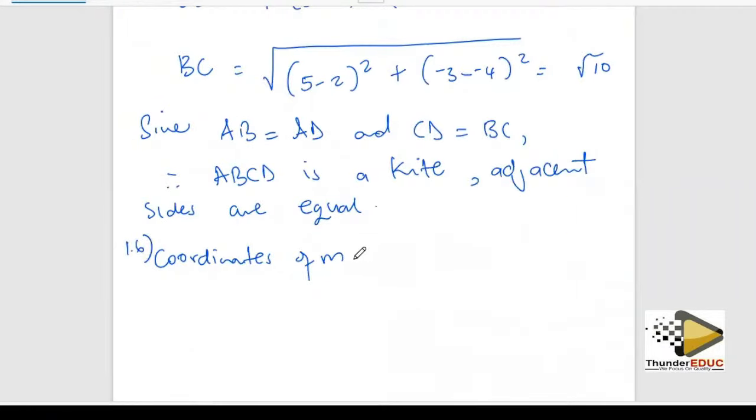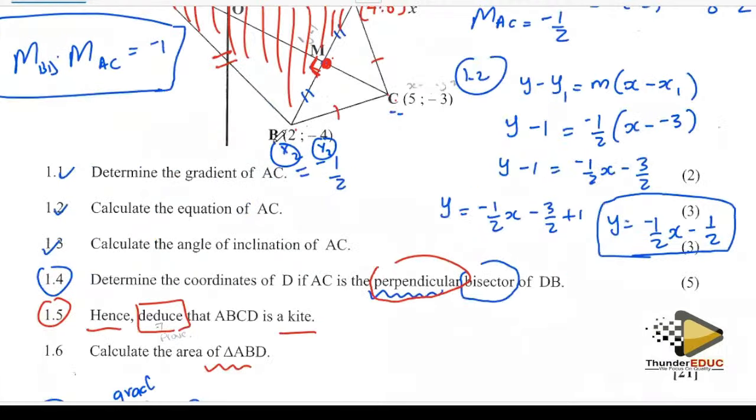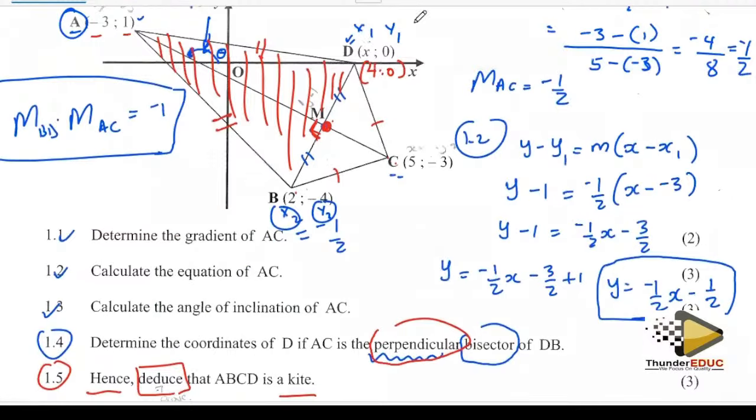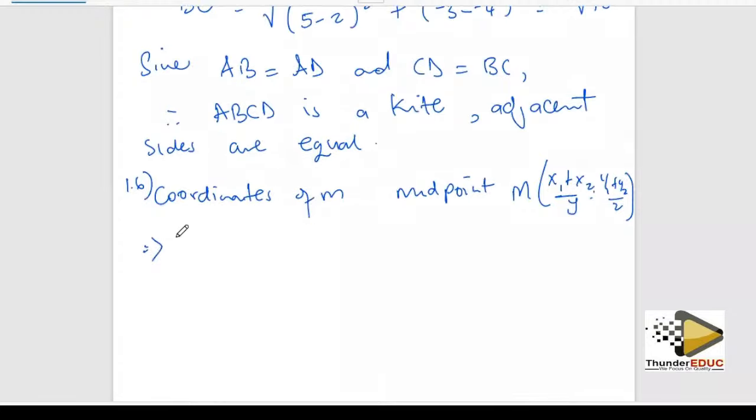Coordinates of A using our midpoint. Okay, midpoint formula, where we know that for the midpoint, we have x1 plus x2 divided by 2, then do the same thing with the y, y1 and y2 divided by 2. So I'm going to focus mainly on the coordinates of B and D, to be my x1 and y1 and things like that. So my coordinates of M are going to be 2 plus 4